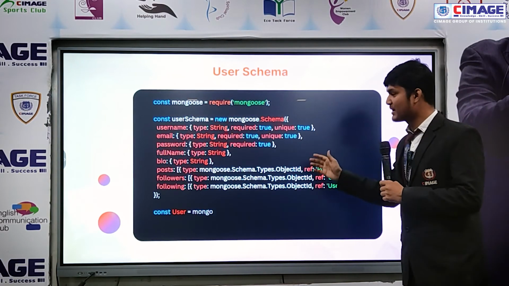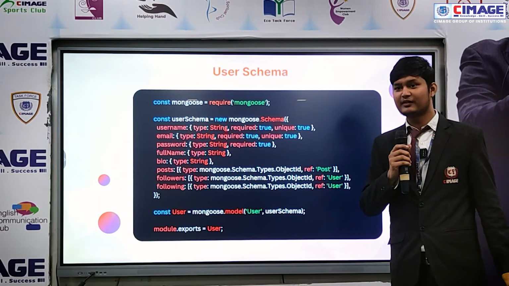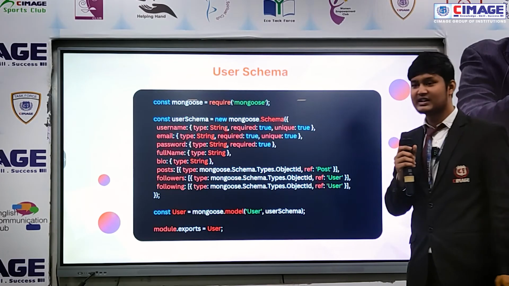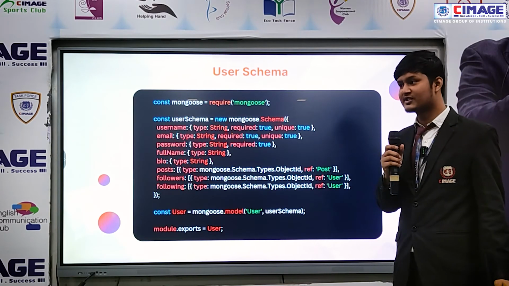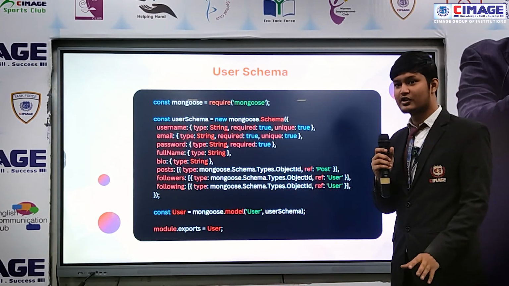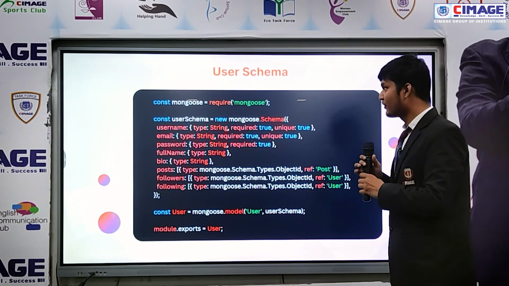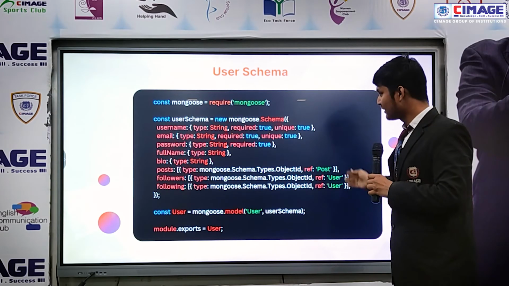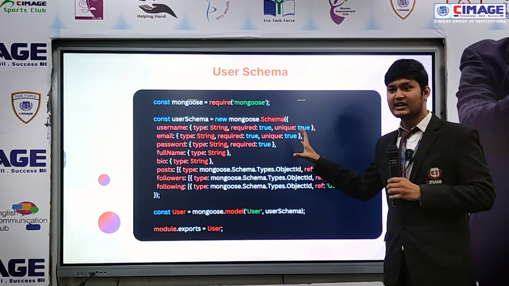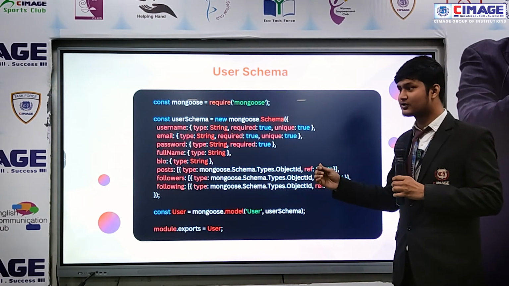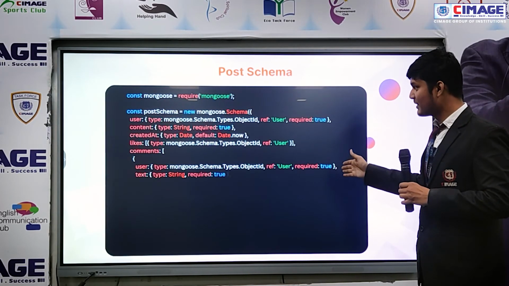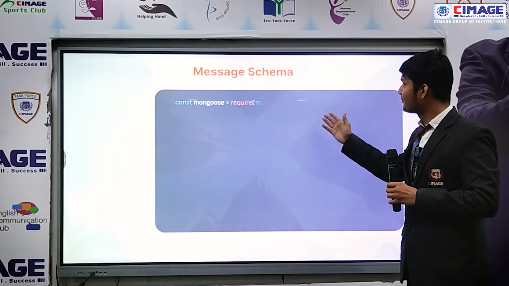And this is the user schema. As I said, we are not using an ER diagram because I am not using a relational database. I am using MongoDB, which is a hierarchical database. It has different collections, and in those collections we store documents. So this is the schema for the user collection, and this is the code that we will write in Mongo so that we can create a schema on the basis of which we store the data in the database. This is the user schema, this is the post schema, and next this is the message schema